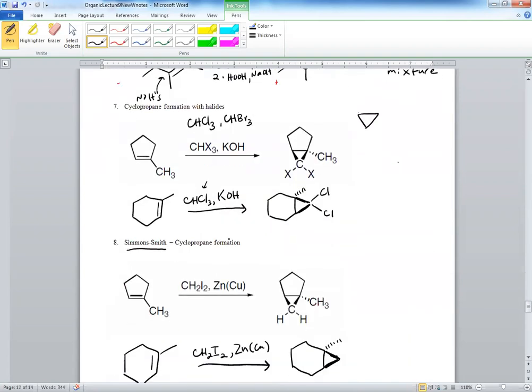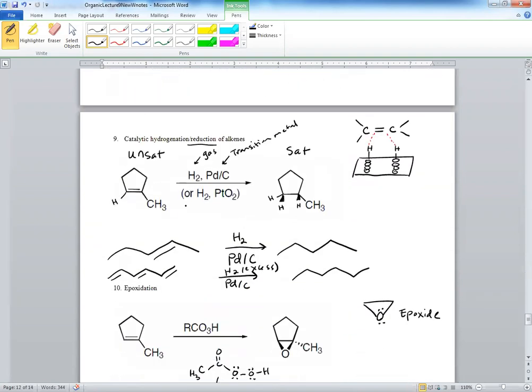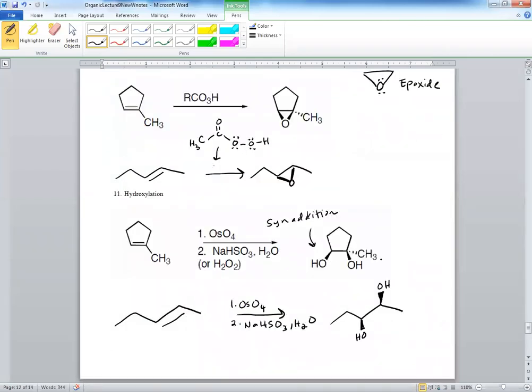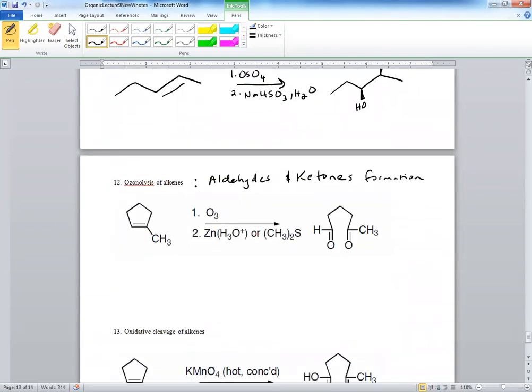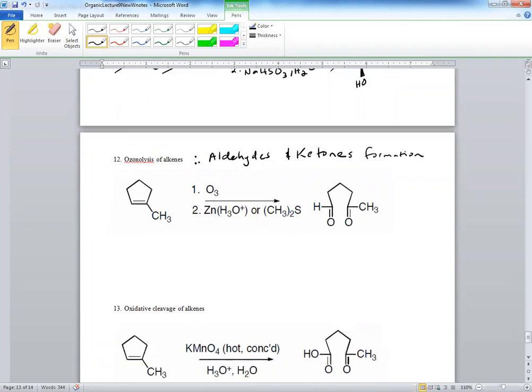Cyclopropane ring. Got rid of the double bond. We went from an alkene to an alkane. Made a diol. That's an alcohol. Again, two alcohol groups. That's a diol. And now you're making ketones and aldehydes. So these are the reagents. Quickly,